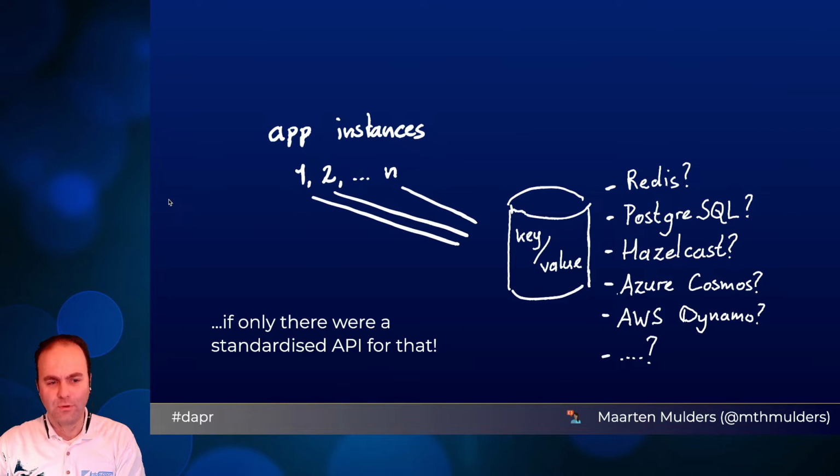Yeah, good luck finding that one. The best thing I can think of is the Java util Map interface. But if we are going to implement that ourselves, our application still needs to know about Redis. It needs to know about PostgreSQL or whatever storage technology is underneath it. So that is not really going to help us in the long run. What else do we have?